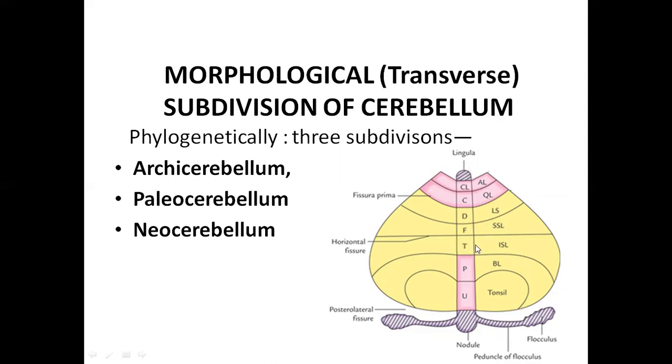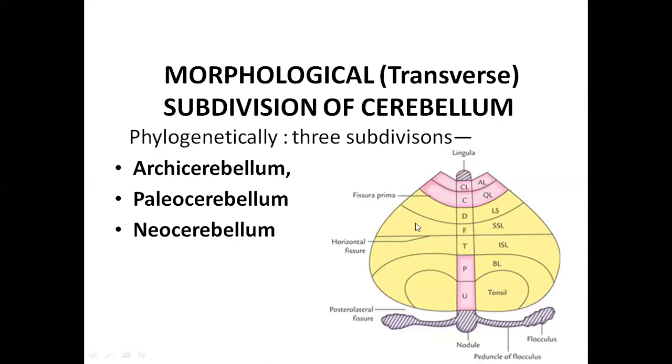Okay, tuber is in communication with the inferior semilunar lobe. Pyramid is in communication with the biventral lobe. Uvula is in communication with the tonsil. Nodule is in communication with the flocculus. Okay, please practice this. Pause whatever I am telling you so that you can write in the same words.